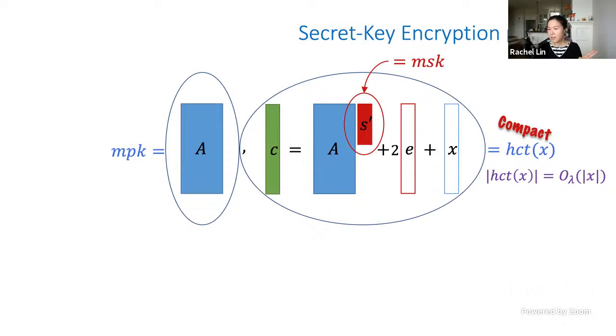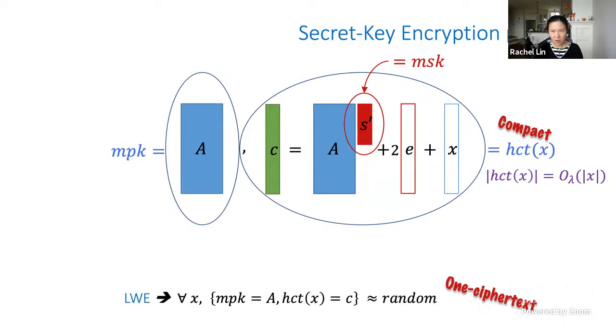One neat thing is that the ciphertext is actually rather compact, right? The size is linear in the length of the input. This very basic encryption scheme has only one-ciphertext security. Why? Because we are reusing the public matrix A, which means that the unknown S prime, which is the secret key, can only be used once per the LWE assumption. But that's enough. One-ciphertext security is already enough for our purpose of building functional encryption